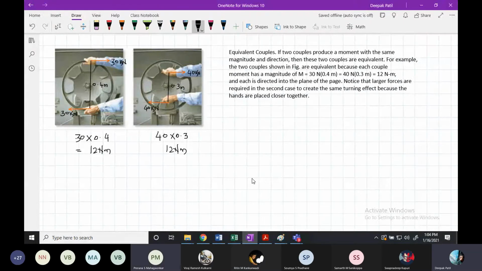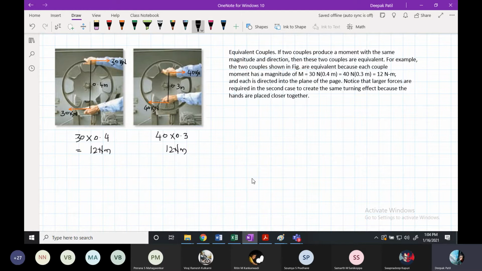Why do you want to go with choice 2, or if you are saying choice 1, why do you want to go with choice 1? For one it will require less energy. Yes, for choice 1, you require less force, which means less energy will be required. But for choice 2, you require more force, which means more energy will be required. So it is always better to go with choice 1 than choice 2.